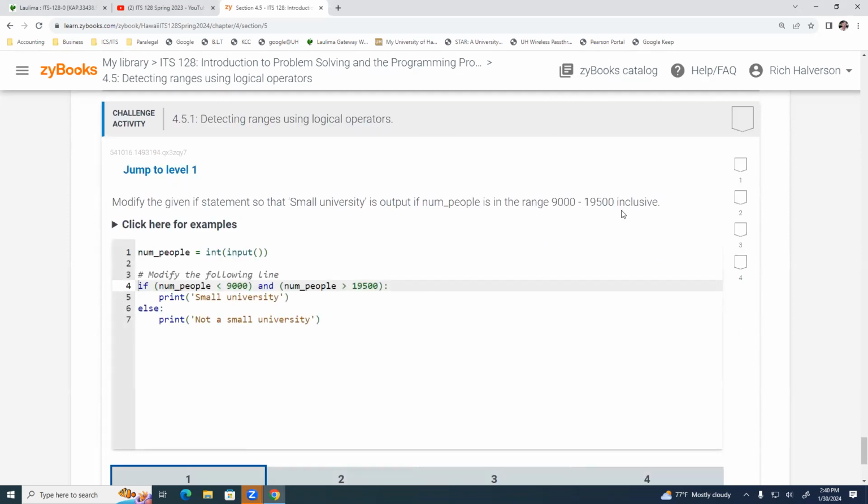Modify the given if statement so that a small university is output if the number of people is in the range from 9,000 to 19,500 inclusive. All right, so we read in a number, and if it's less than 9,000, but it's greater than 1950,